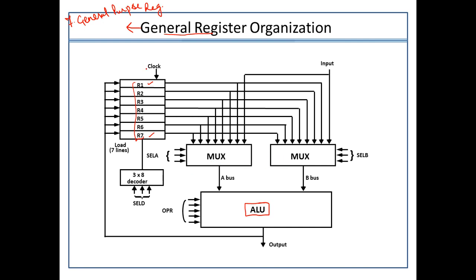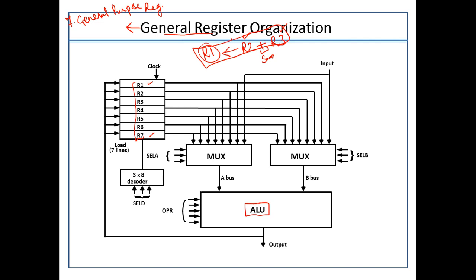So the idea could be, let's suppose there is an R2 register and there is an R3 register. I want to add the data which is present in these two registers, and then also I want to store the result in some other register. Let's suppose this is an example I am taking. There are general purpose registers R2, R3. I want to do the sum of this data, and then the entire sum should be stored or transferred into this R1 register. Now how will this entire micro operation take place?